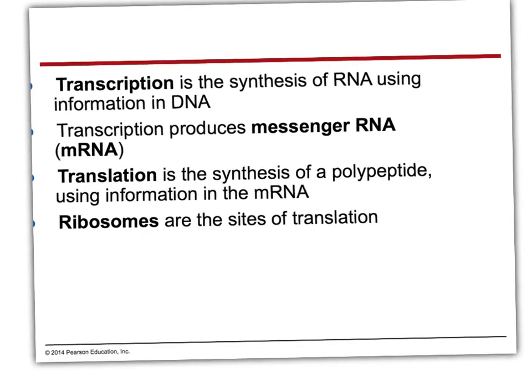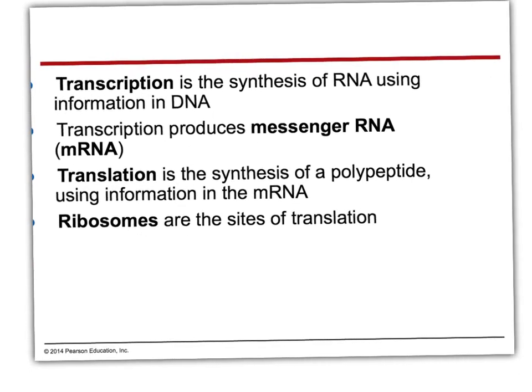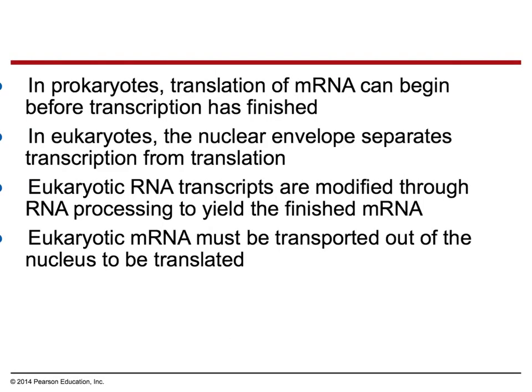Okay? Transcription is the first process we're going to talk about. That's the process of taking the code that's found in DNA and transcribing it into an RNA. All right? So transcription. And then translation is deciphering the code that has been transcribed into the mRNA. All right? And that's done by ribosomes. All right? So we're going to talk about messenger RNA. That's the exact code off of DNA. All right, that's produced. And then you have that ribosomes will decode that mRNA to produce a chain of amino